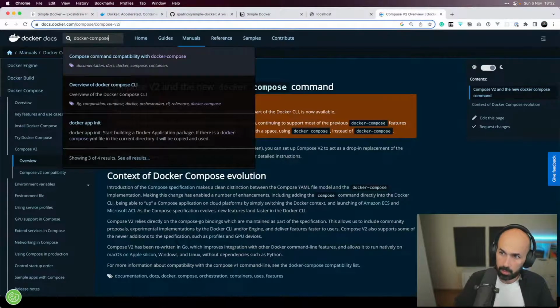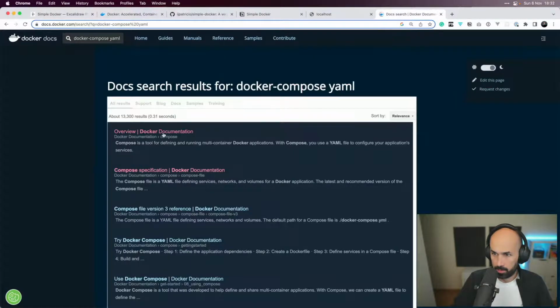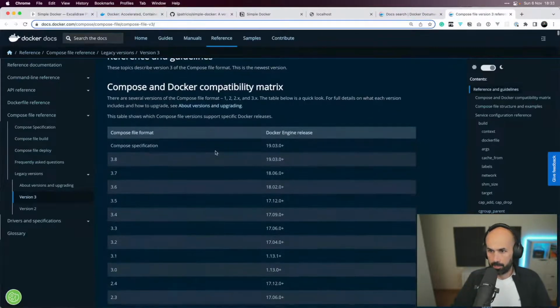So docker compose file, YAML file, right? Compose file specification, yeah. And I want to find,